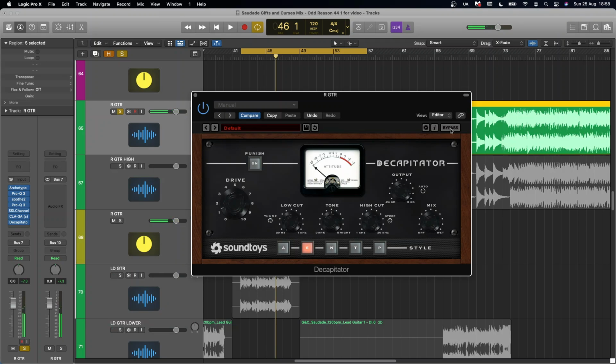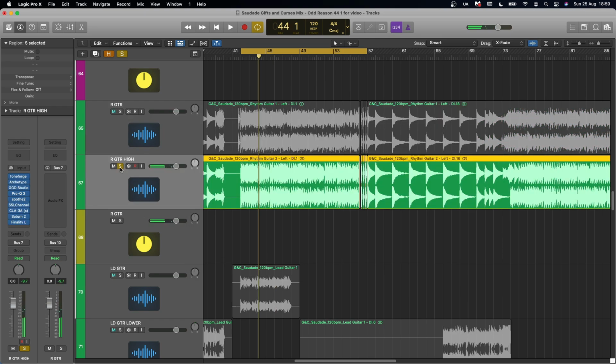Yeah, that is really nice saturation. It's not really distortion, it's just really saturating it. Makes it a bit thicker, stops it from being too harsh, grits it up a little bit. I really like that. Okay, so now I've got this R guitar high, which is higher up the neck on the guitar,